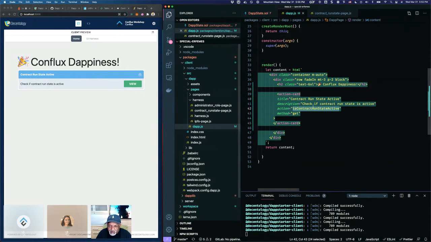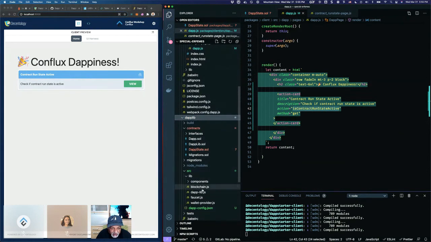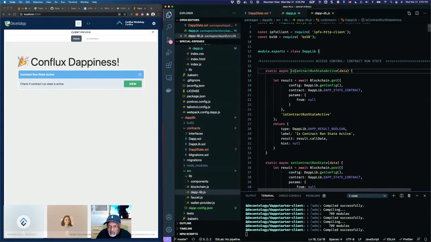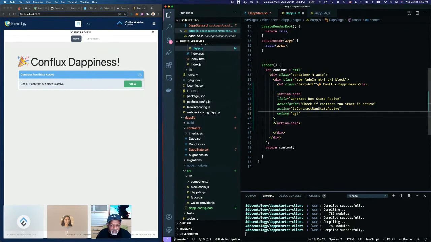I consistently named things the same way so that we could find out easily, but I'm just going to go back here. So this is contract run state active, and that's what is in dap.js. And the method we want to use is get. So you can either use get or post, and that's it. In the case of an action card, this is all you need in order to generate this UI and query any kind of blockchain